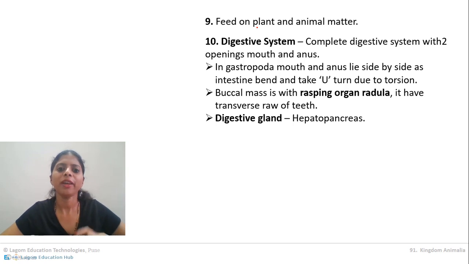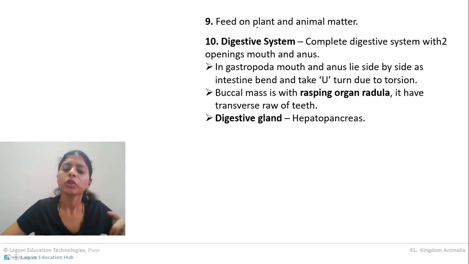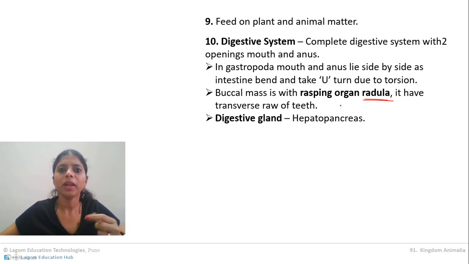Now one more thing I forgot to explain. These animals are soft-bodied. So when they take food, when they are carnivorous, it is difficult for them to digest that food. Agree? So the food should be well chewed. This chewing is done by a special organ called the radula. This radula is a circular organ with teeth inside. When the food comes in, it can break the food and digest it. They also have a digestive gland called the hepatopancreas, which secretes very strong digestive enzymes.